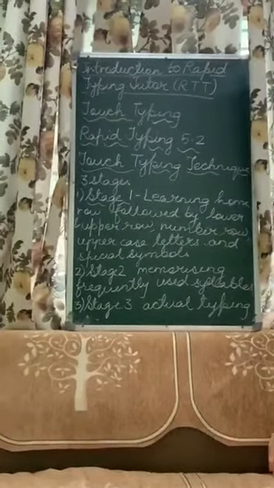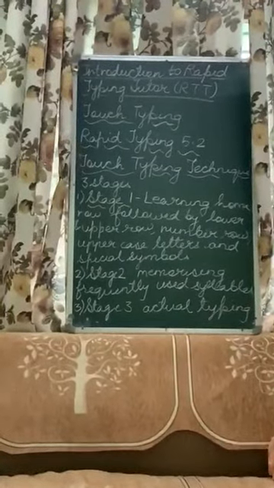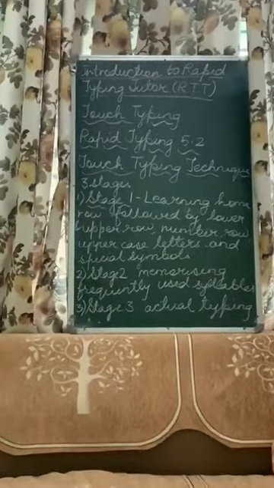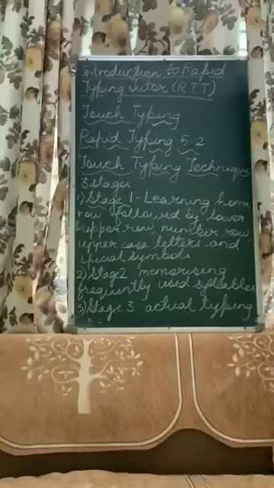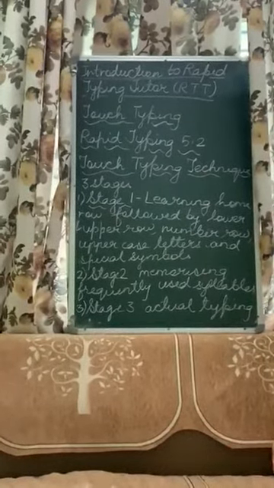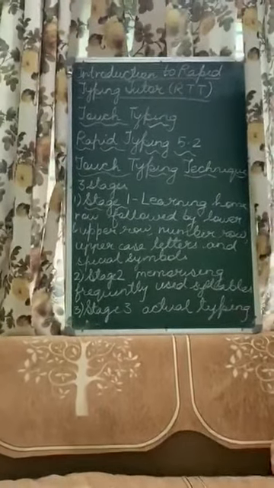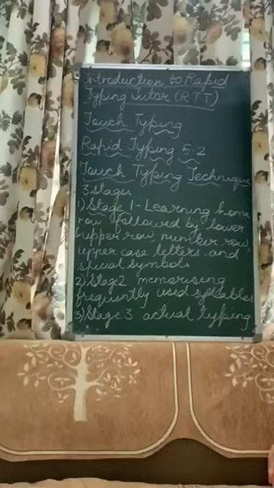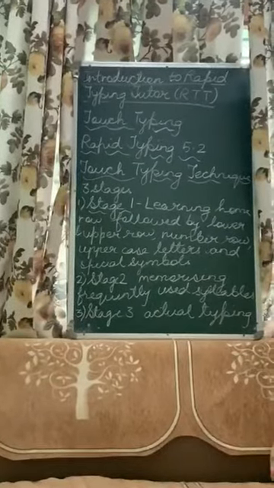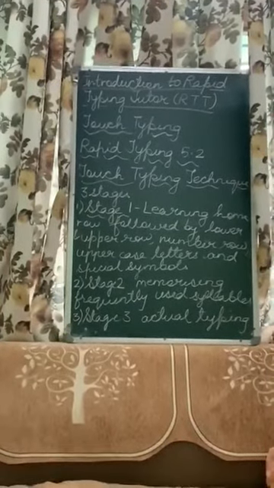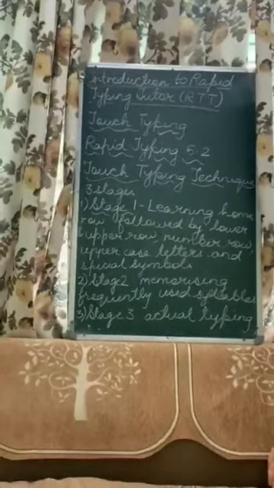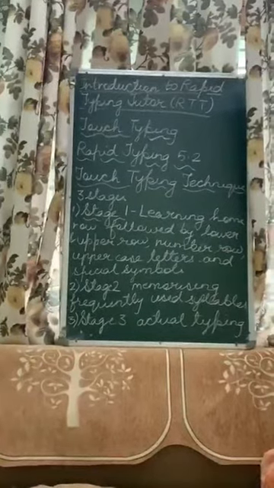Touch typing is a practice that enables you to type without even looking at the keyboard. So you are able to type in a very easy and accurate manner without looking at the keyboard. That practice is known as touch typing. For that you need to learn the keyboard. We are saying do not look, but with the help of your finger touch, you are able to make out what key you are pressing, as your fingers are assigned to specific keys. So this is your touch typing.